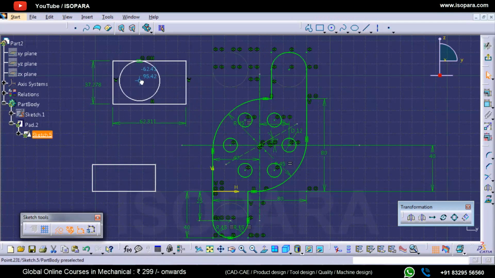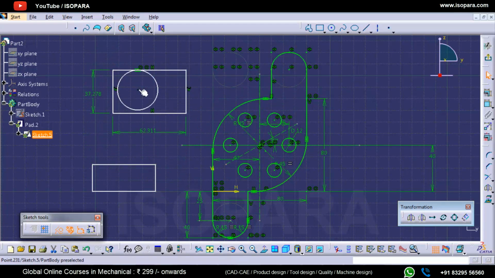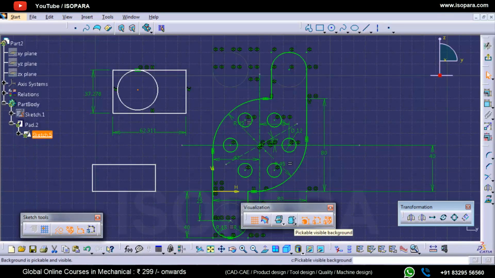It will always be tangent to that line, and it will move with the line or the rectangle itself. Okay, so these are some basic commands you should know and should keep on when you are sketching. Whenever you don't find your visualization, it should be there on the right side. You can drag it out onto the main screen.